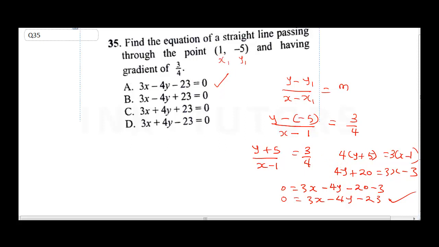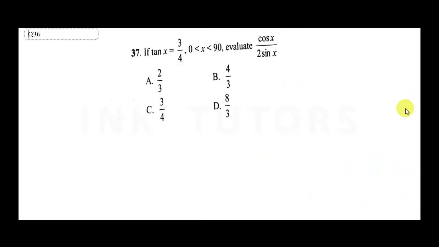So the next question, 36, it says if tan x is equal to 3 over 4, where 0 is less than x is less than 90, evaluate cos x over 2 sin x. So you need to understand that this is your SOHCAHTOA. So you need to remember your SOHCAHTOA very well. SOHCAHTOA. So you draw your 90 degree and it says tan x, let here be x, tan x is opposite, this is opposite over adjacent 4. So to get your hypotenuse, which is, let's call this h, so that means h square is equal to 3